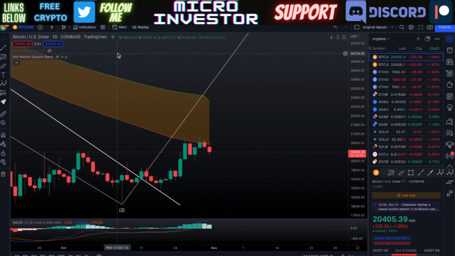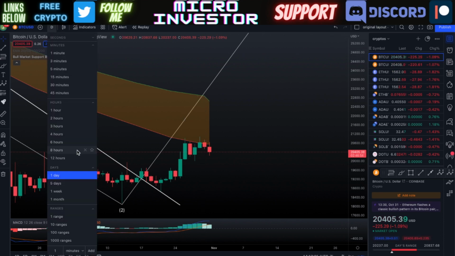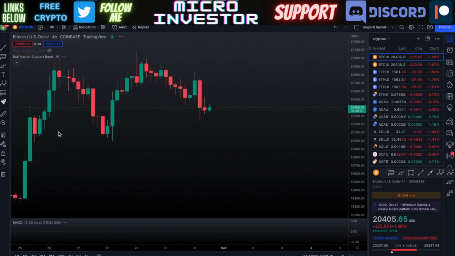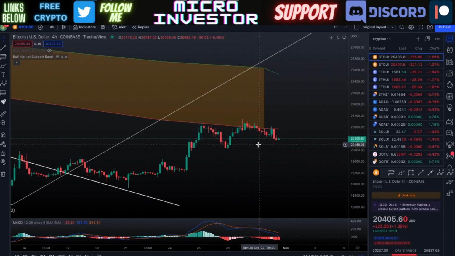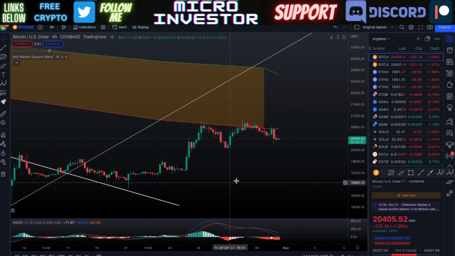So everything as far as the short term, let's go ahead and look over at our 4-hour chart and see how things are playing out here. So it's just very consistent with the sideways trading, not a whole lot going on right now. And I think a lot of people are just waiting for the news that comes out with the FOMC meeting and how that's going to hold a lot of the cards for these next price movements with Bitcoin at this moment. So we're seeing a good amount of red over in the crypto market.